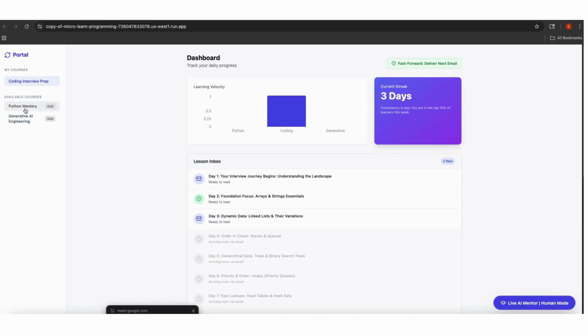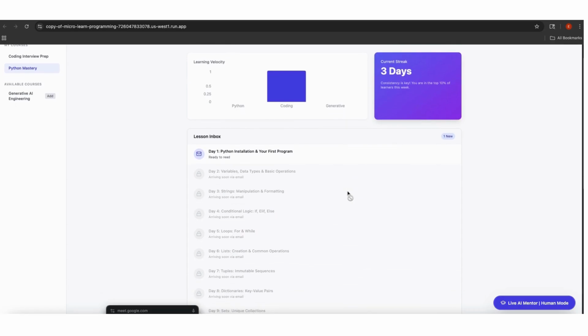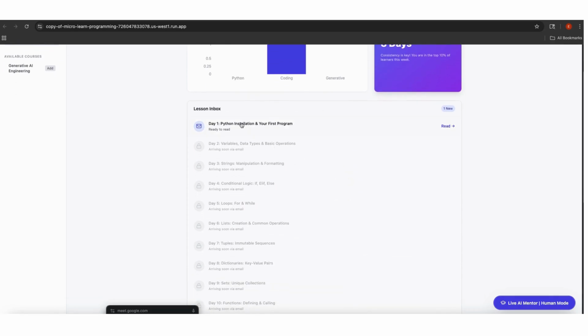I want to learn about Python mastery. So let's go ahead and add that for a student. And then as soon as you do that, we have all the lessons that are being shown for the students. They can click on day one, which is the first day's lesson. The student is going to be able to click. And as soon as they click, they will be able to see the content that's generated directly for that particular